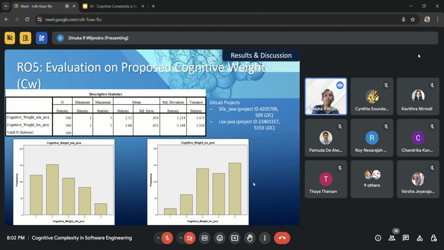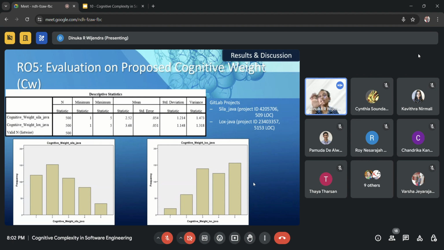If you think about Sila.java, you can't say it's the same understandability level, because it's one source code, but there are 500 different users. So their comprehensibility is different. You can see for Sila.java, most probably like 150 users have gone with complexity level 2.